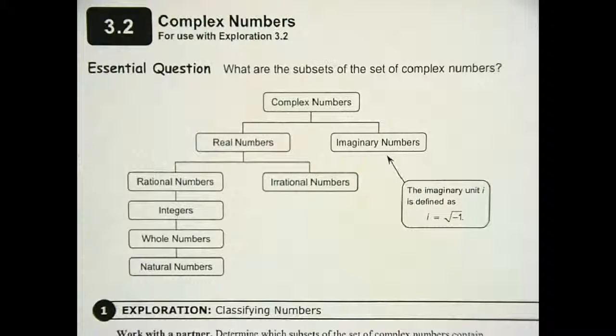Hey, we're going to spend 2 days on complex numbers. We're on page 50 of your student journal. And just so that you're clear,